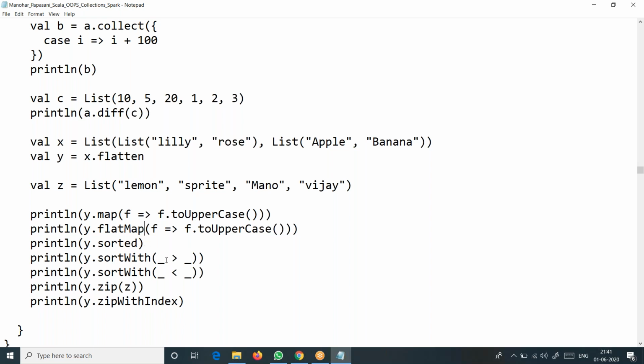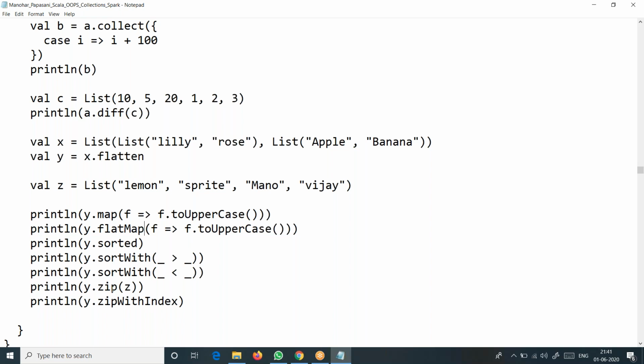And sortWith is more or less doing a comparison here. Underscore greater than underscore means we are applying a placeholder there. By default it chooses values in place of the placeholder. Usually this provides one kind of order, and less than provides the opposite order. We'll see that with output.